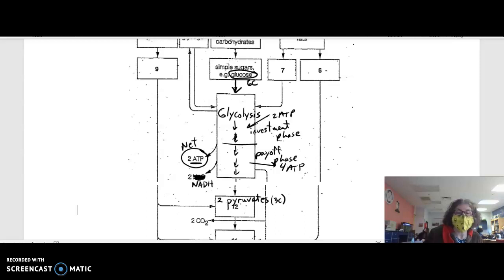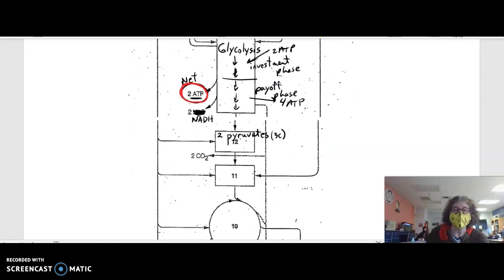And that gives you that net of 2 ATP, which is very useful, and if you're just a little bacteria or a tiny little cell like that, that might be enough for you, right? And if you didn't have oxygen, then after glycolysis, the pyruvates would enter some form of fermentation. But in this case, we're going to go on and pretend that we have oxygen and we have a mitochondria. So the next thing that happens after that is those pyruvates are further oxidized in the mitochondria, right? So down here, now we're down to the mitochondria, and they become